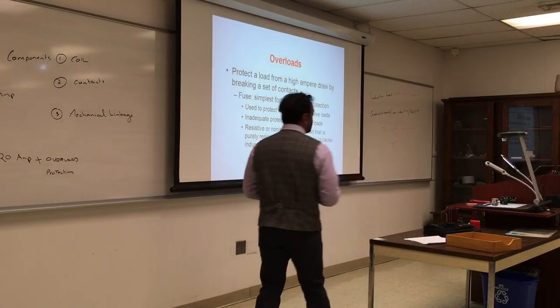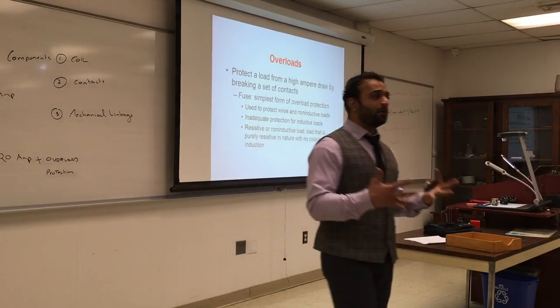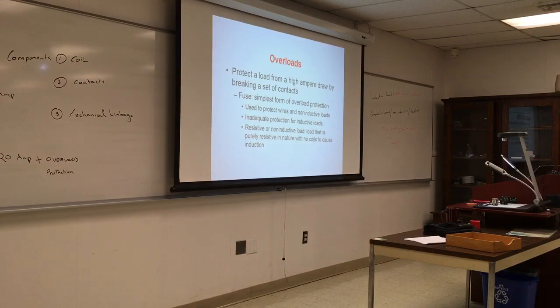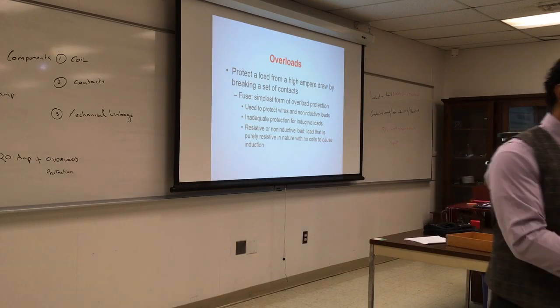Overloads. For all our contacts, for all our components, we always need an overload. There are a lot of different kinds of overloads. Nowadays we use more overload protection because everything is completely automated. If you notice, your car has a lot of lights on the dashboard, for alarms or when something goes wrong. Mostly a lot of them are activated by overload or sometimes underload. In control, we'll talk about that